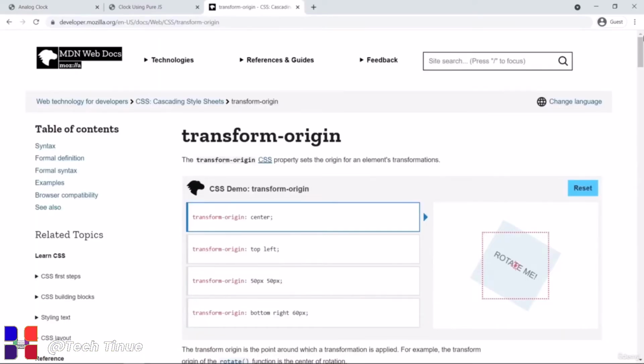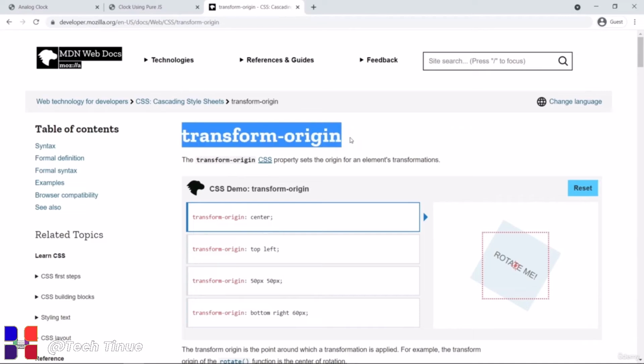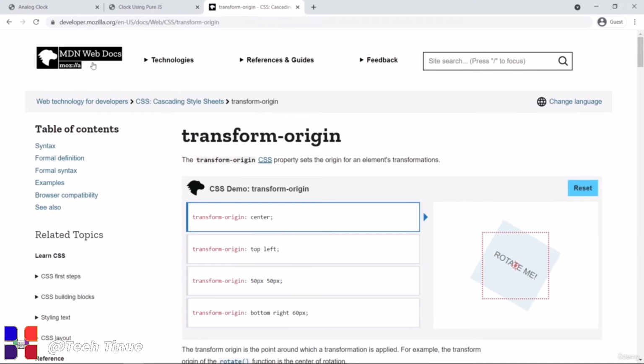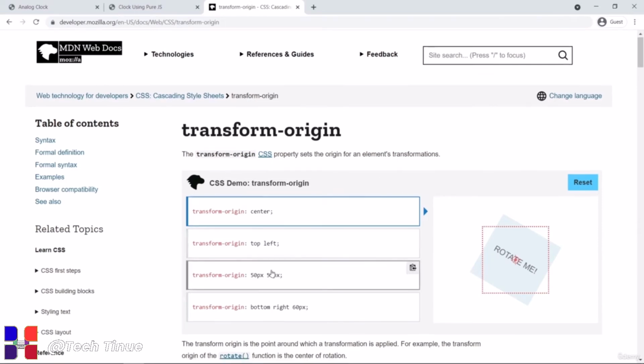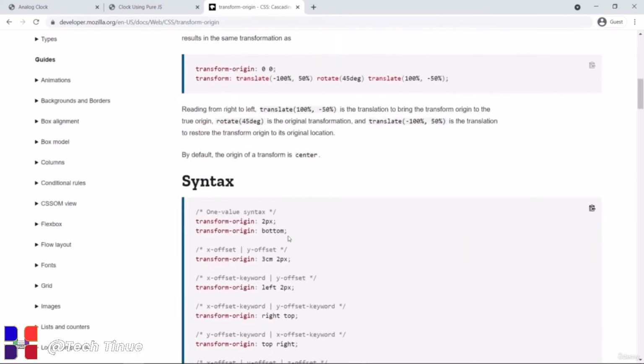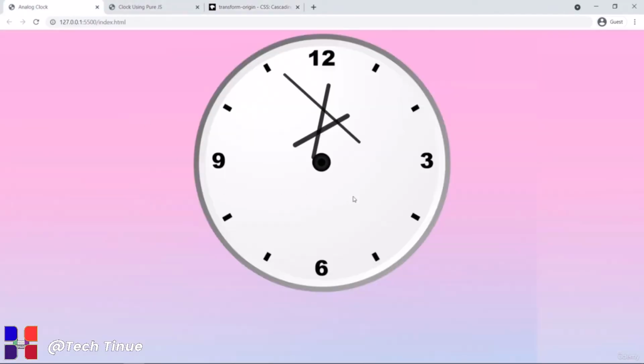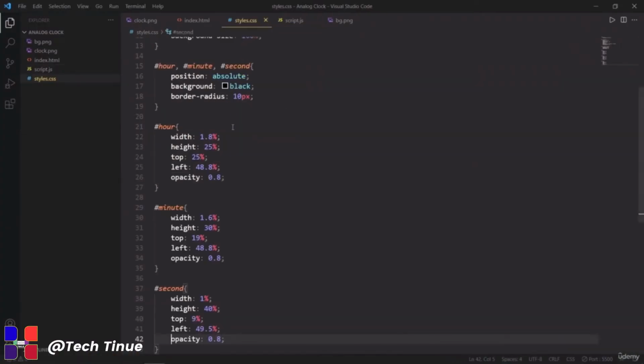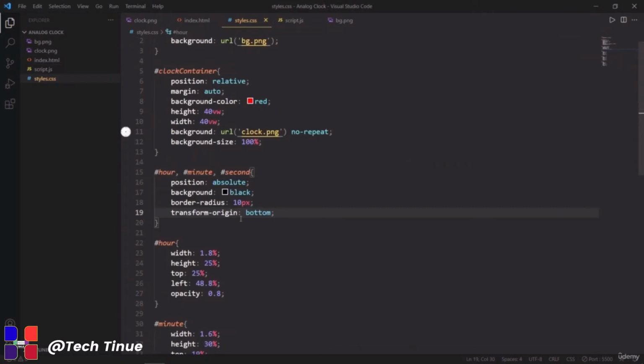Now to fix that problem of changing the point of rotation to the bottom, we are going to use this property, transform origin. You can search for it on Google and open this website called MDN Web Docs, which contains documentation for everything related to web. So this is the property that I am going to use, transform origin equals bottom. And what it will do is that it will set the point of rotation of this hour hand, minute hand, and the second hand to the bottom, so that it can rotate from here. So let's go to the CSS, and here just paste it, the transform origin bottom, and let's save it